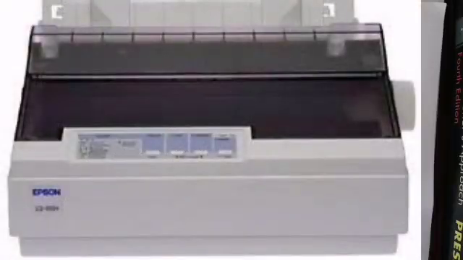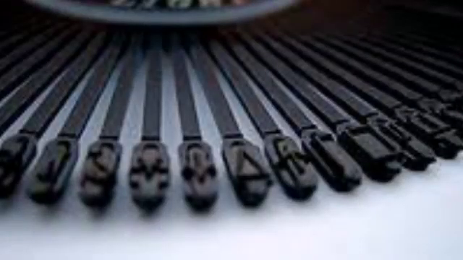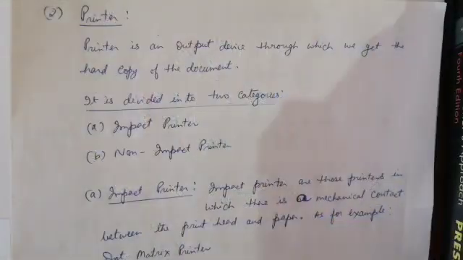For example, dot matrix printer and daisy wheel printer, which is named after the daisy wheel flower, as its shape and form is like a daisy flower. In daisy wheel printer and impact printers, the heads touch the paper while printing. In such a case it produces noise. That is a drawback and disadvantage of using impact printer. Also, it is very slow in performance.